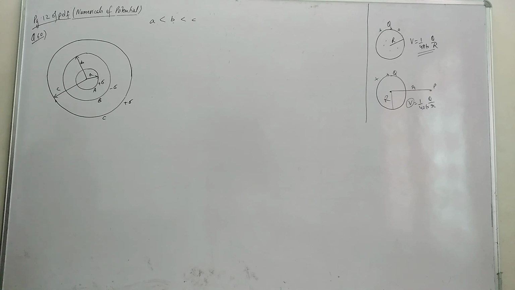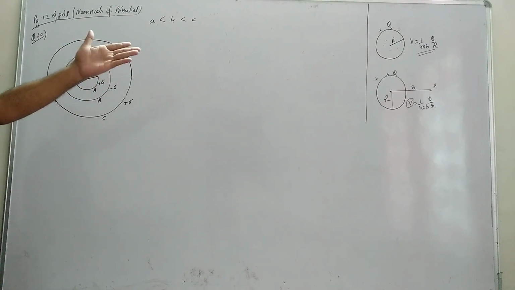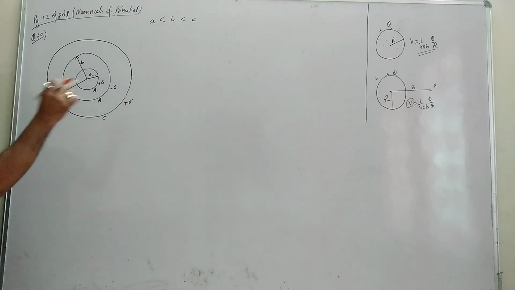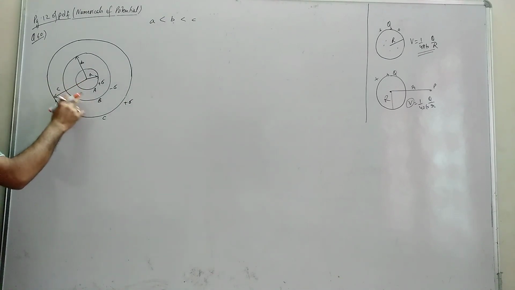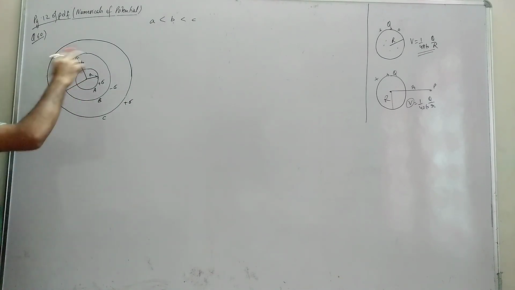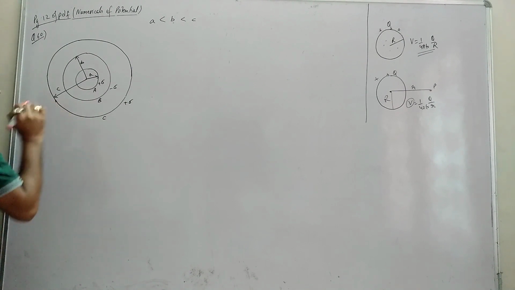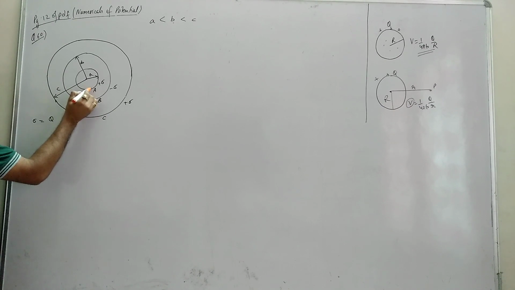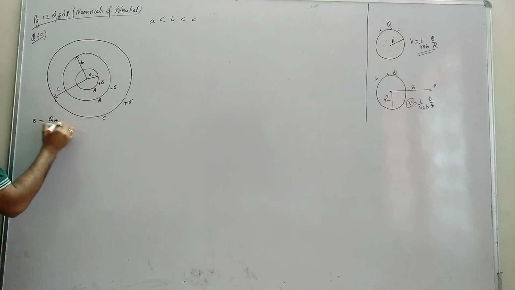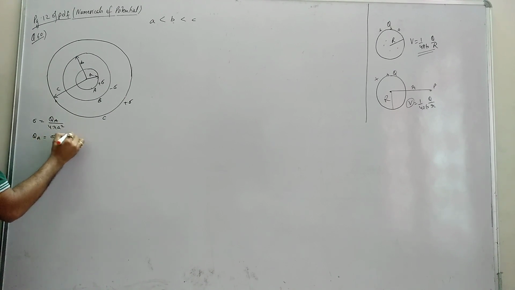Okay. So first thing is that from the surface density, the potential of A will be due to a hollow shell, right? That means to apply those formulas we need charge at A, charge at B, charge at C. How much charge is on shell A? To find charge, sigma is given to you. So plus sigma equals, for A, I'm working with A, QA by area 4 pi a square. So QA equals sigma into 4 pi a square.